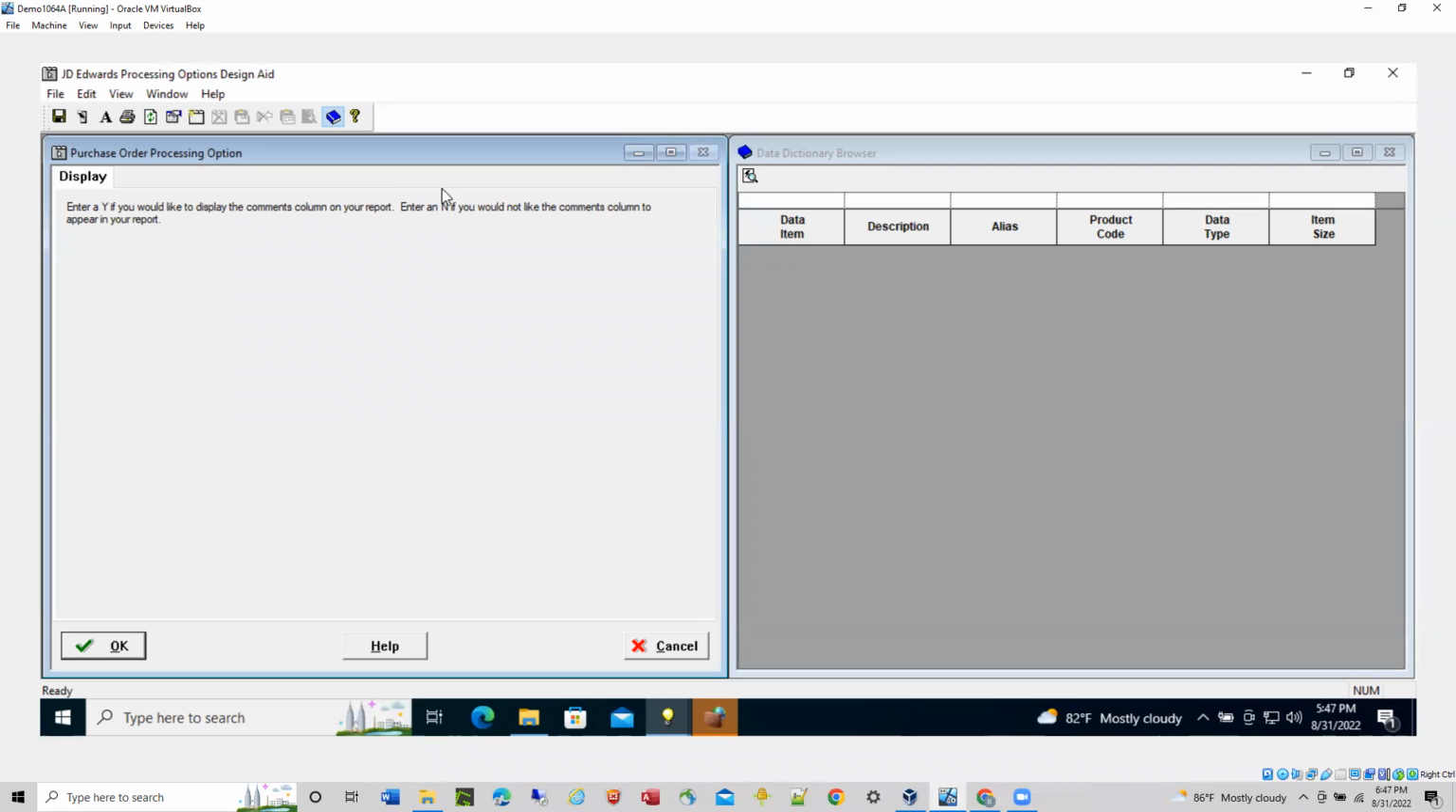And so the first thing we're going to do is go get an item, and we're going to look for under alias. I don't understand this. From the data dictionary browser on the right, use the QBE line to locate the addition flag. Oh, okay. And so the alias starts with an A, so we're going to just filter down to that